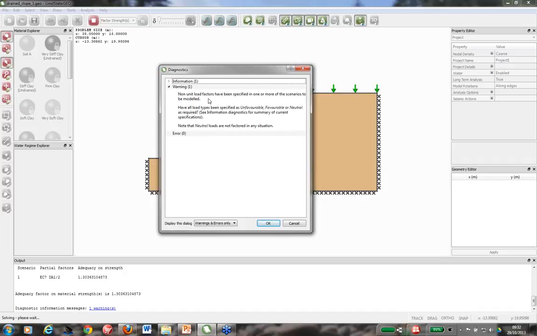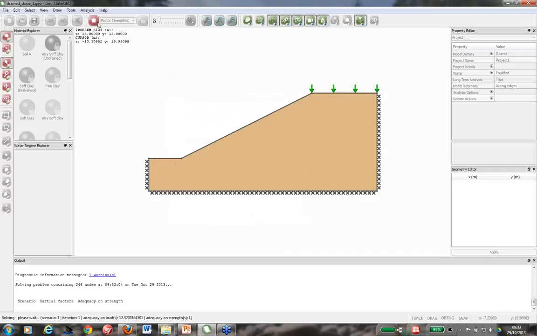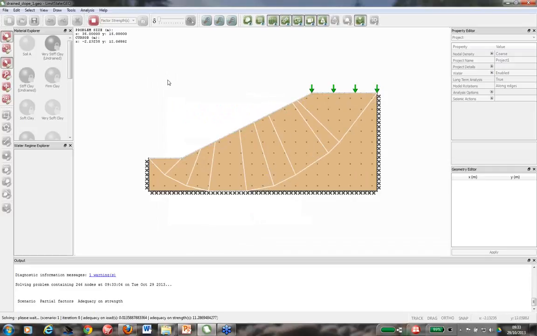So it's simply saying non-unit load factors have been specified in the model. Is that what we really wanted? And have we set our loads correctly as favorable or unfavorable or neutral as required? So I'm happy that that's fine. So we solve that problem, and what we find is that we'd expect to get a slightly smaller adequacy factor on strength,